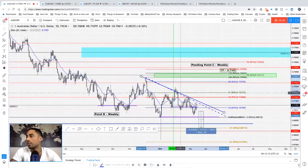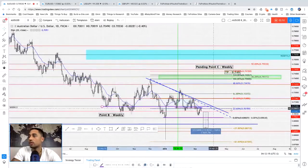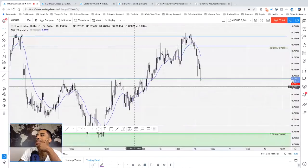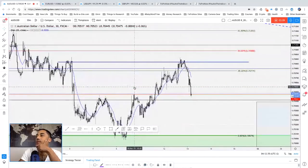Point A, point B, point C, and this is being squeezed and tested that area, and I think a continuation. So go ahead. I'm going to look at this to push to the downside to at least 0.70. Like, this is a small trade. I don't really do these type of trades, but